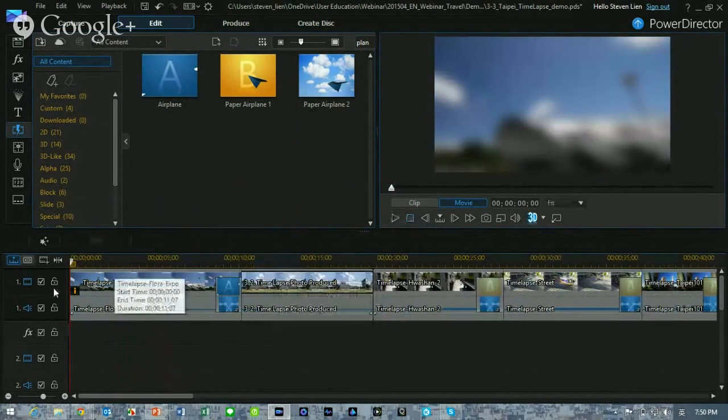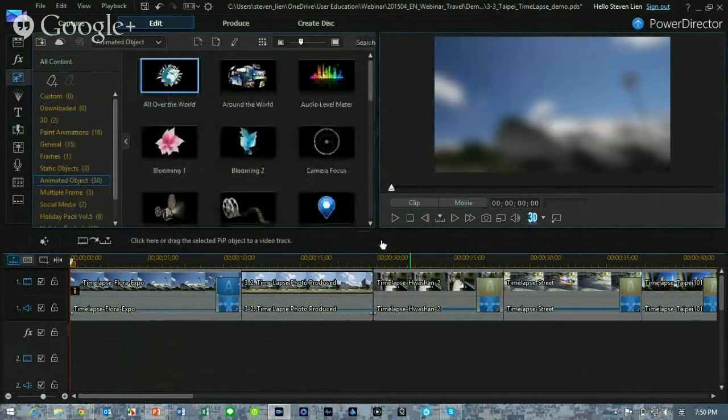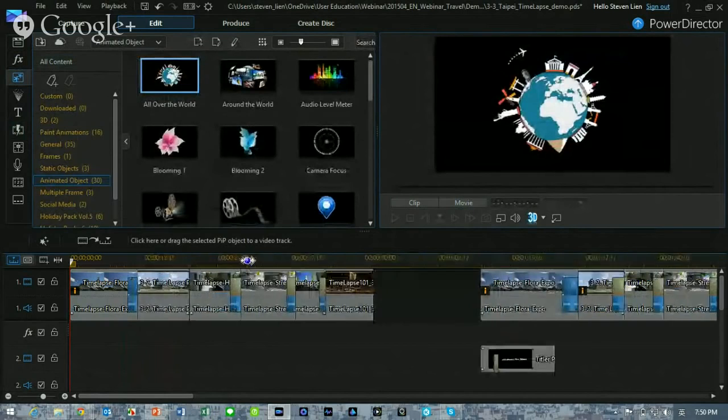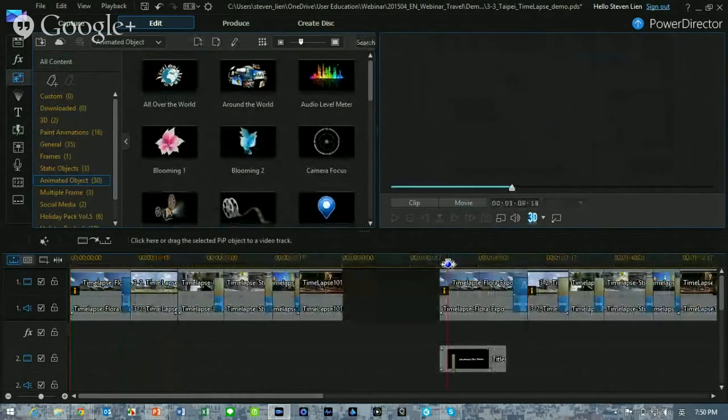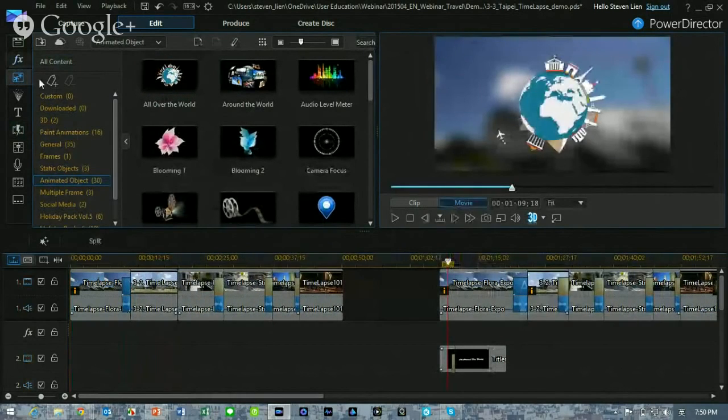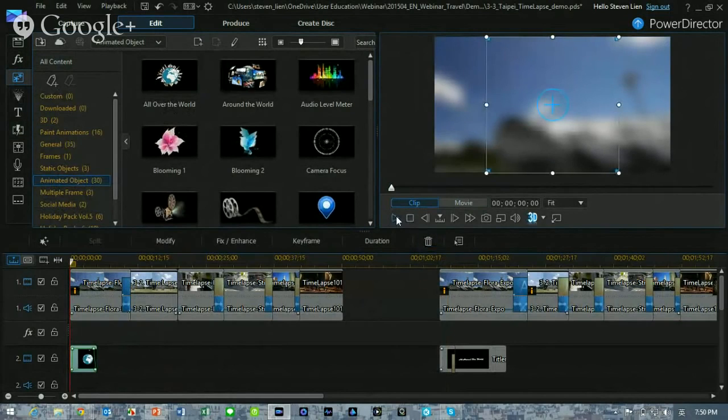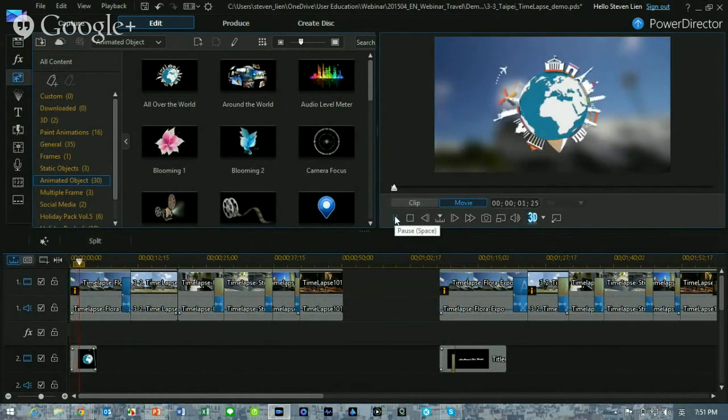All right, so this is pretty much set. Now I want to add some titles to it. So at the beginning of the video, I want to have this all around the globe icon showing like this one. So you can go to the PIP room, click on this one, and drag and drop to the timeline, the second timeline. As everyone remembers, the larger timeline track number means it's in the upper layer. So now this object is being inserted,